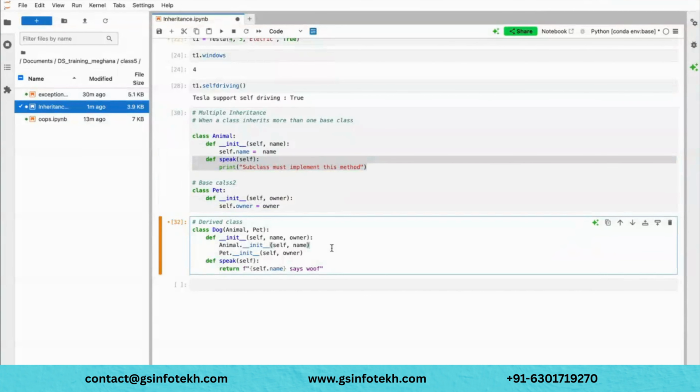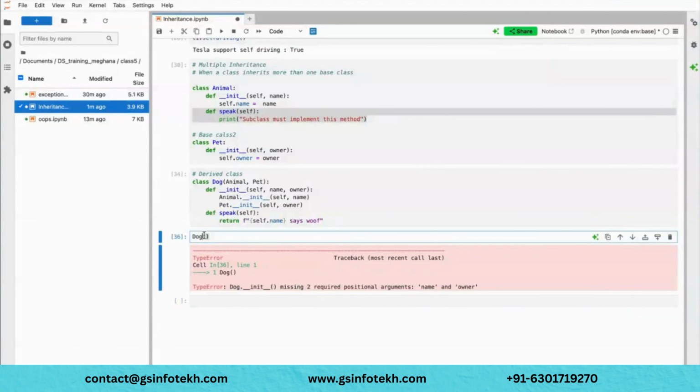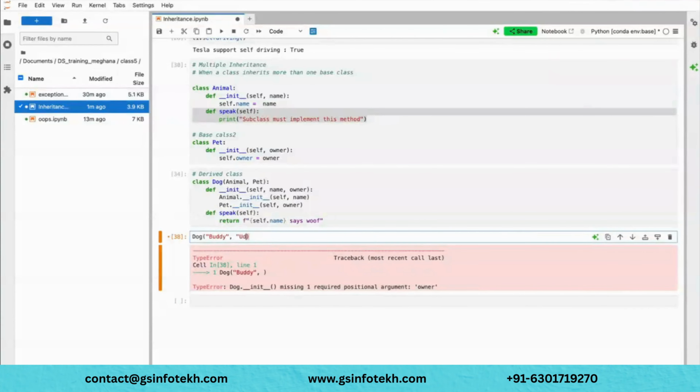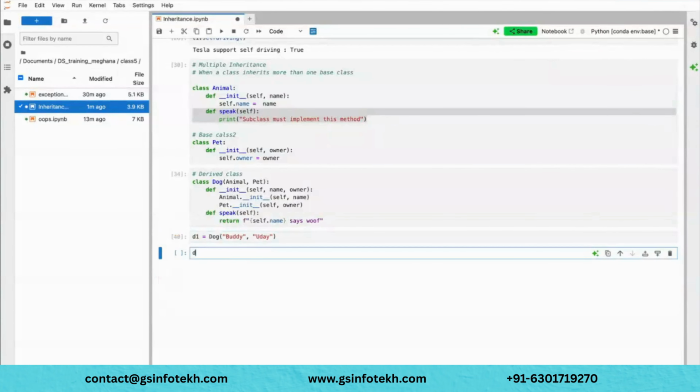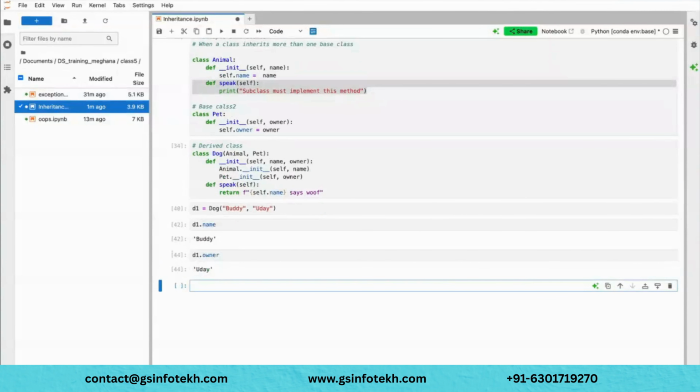Okay, so now if I execute this, Dog will expect two arguments, correct? Let's say the name of the dog is Buddy and the owner is Uday, and assign it to d1. So d1.name, I'm able to get it. d1.owner, I'm able to get it.